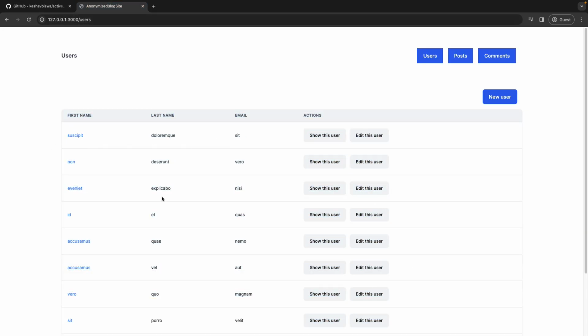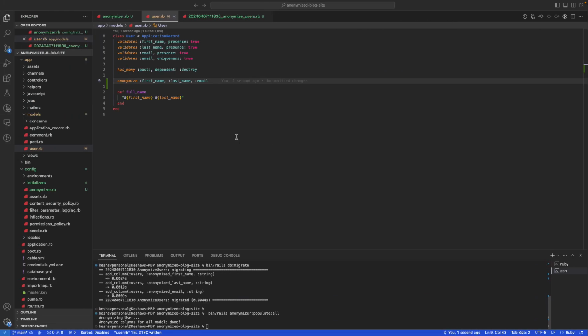Yep, now all our models, all our records are showing fake values. However, there's a problem. Email does not make sense. If I actually had a format validation on this, it would have failed because it doesn't make sense. So what we can do is